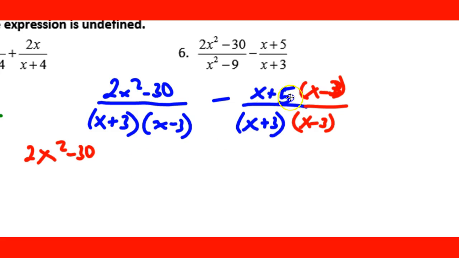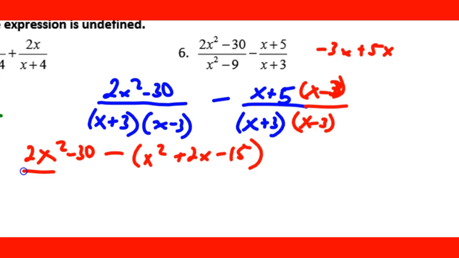And then right here, we need to FOIL this. Don't forget this negative here. I'm going to FOIL this, so x times x is x squared. x times negative 3 is negative 3x. 5 times x is 5x. So right there, that's going to give us plus 2x. And then 5 times negative 3 is negative 15. All over x plus 3,